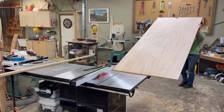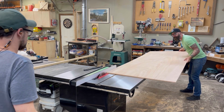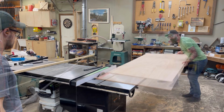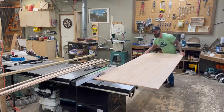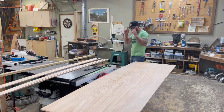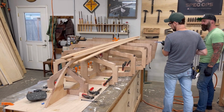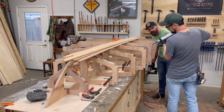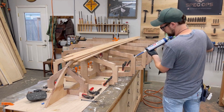With all of our ribs and spines glued up, it was time to start inserting our chines. Now, on my other boat, I used hardwood for the chines. But this boat has such a drastic spin and twist and curve to it, I wasn't confident we could get hardwood to bend without using steam, and we obviously don't have time for that with a 5-day boat build. So our solution was to make each chine out of 2 pieces of 1/2 inch Akume ply,